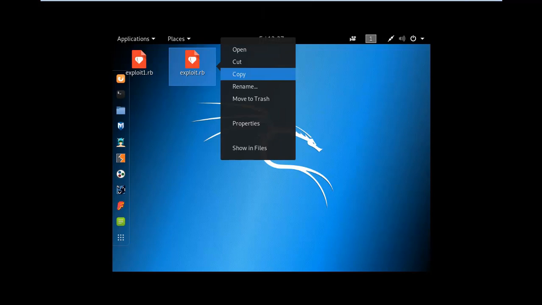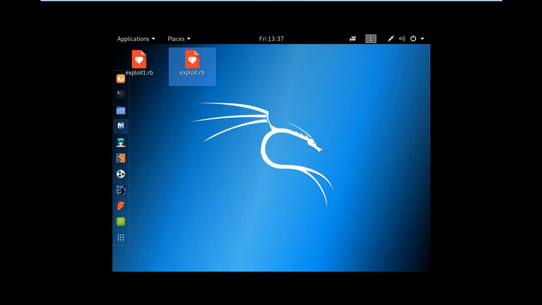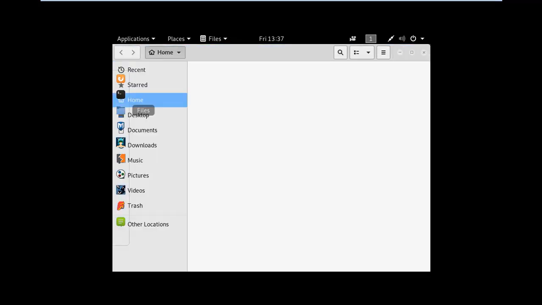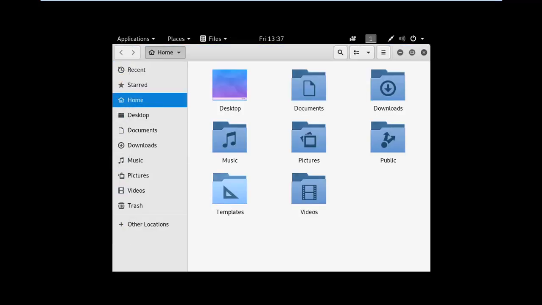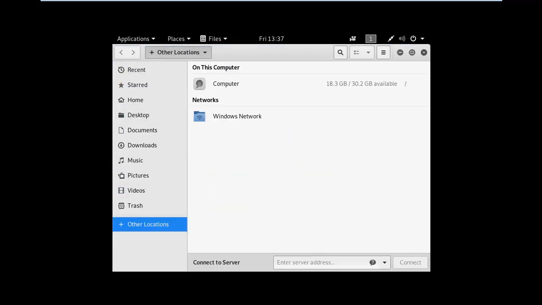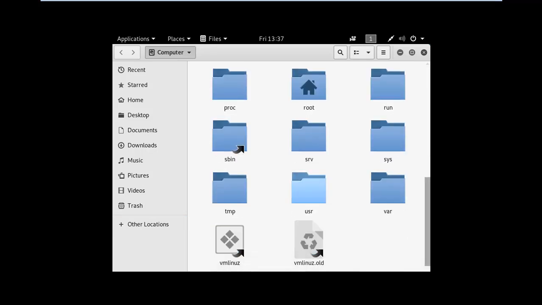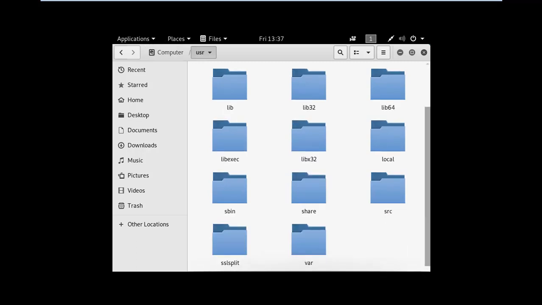Now copy the exploit and paste it in the directory of the Metasploit Framework, by which the exploit will be loaded by the msfconsole. Go to the locations, select the computer, user, share,